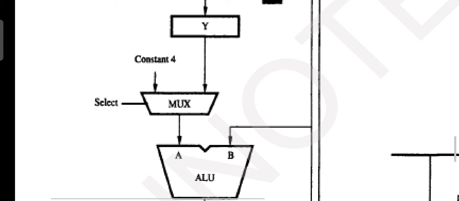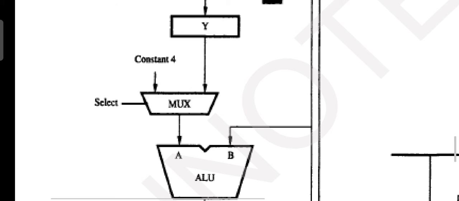B is taken directly from the internal processor bus. You have already activated the R2 out gate. The R2 out gate has driven the output from R2 to the internal processor bus. So once R2 out is activated, you have to select Y. Okay, R2 out comma select Y.